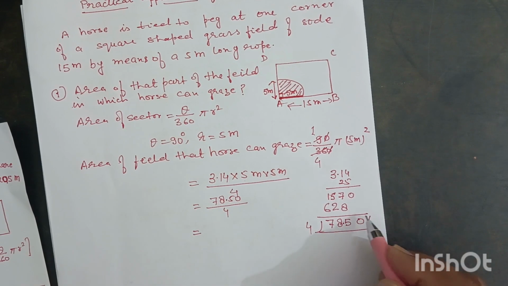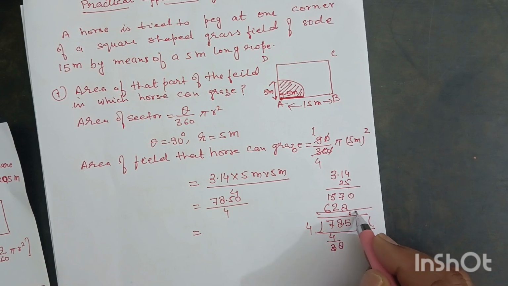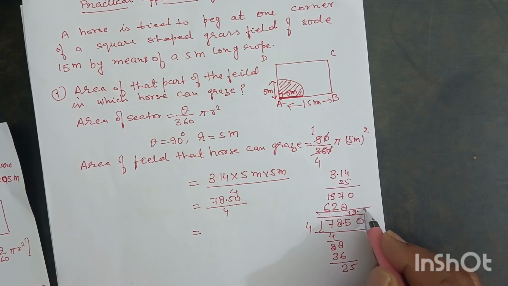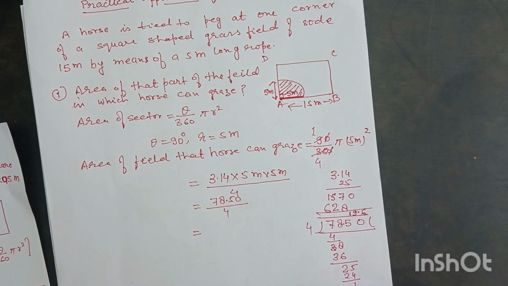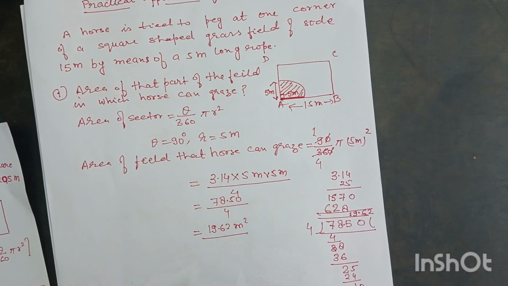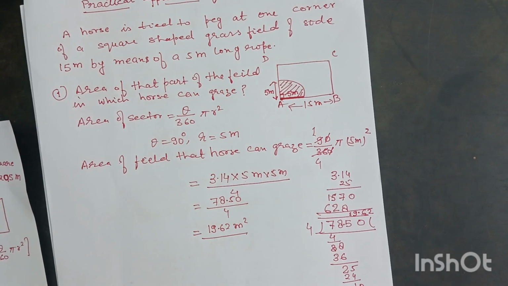You will get here 4 1 ja 4. 3 bring down 8. 4 9 ja 36. 2 bring the decimal here, bring down 5. 6 24, 1, 2. So 19.62 meter square will be the area grazed by horse. Now in second part, if